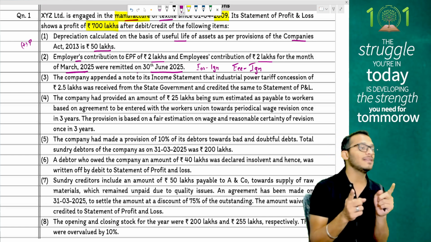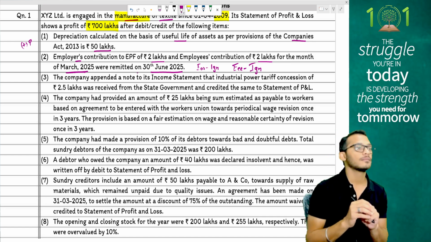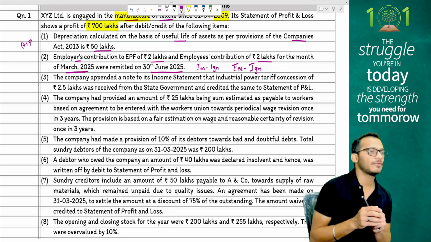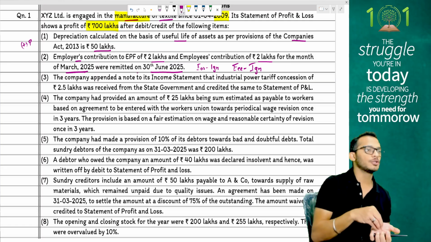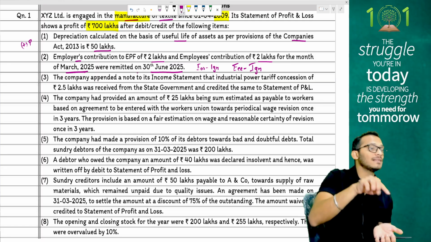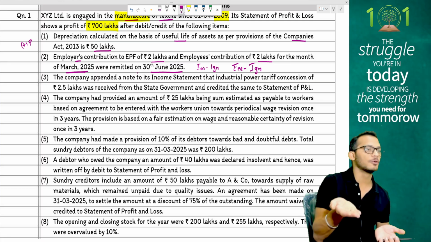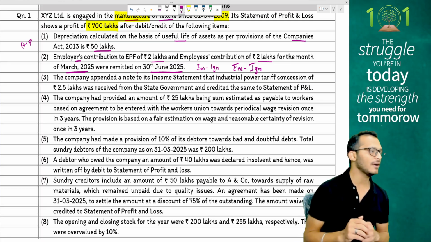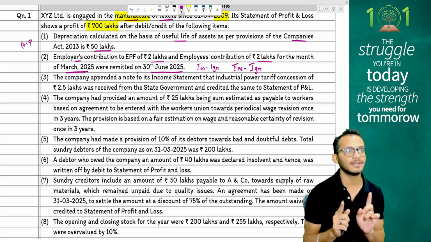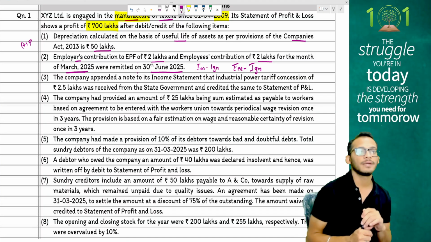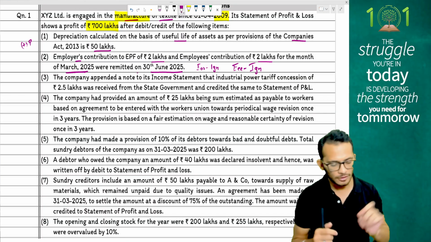Had these two happened in the same year, what would have come? Credit is also showing, debit is also showing, P&L shows 0. In that case, I would say delay happened and therefore you have to add back 5 lakhs. You have to add back 5 lakhs because there is a change of financial year. People, the accounting difference makes an impact. Yes or no? Think that through. Next.